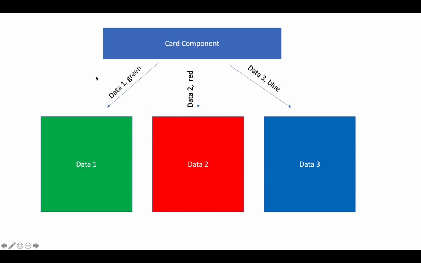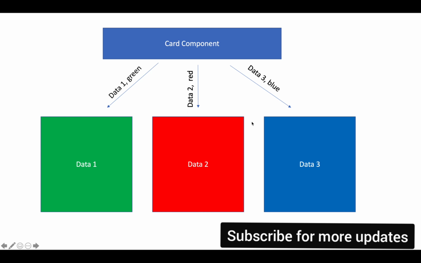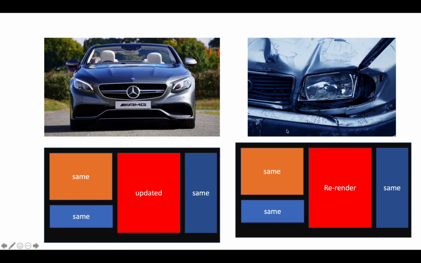No. You can create one component in React, that is, write code for one component, and just like how functions take arguments, a component can take arguments in form of props, which we will be looking at in the future. But basically, just like passing arguments, we are saying that we want to render data1 and the background should be green. Similarly, here the data should be data2 and color should be red, right? You are able to render different looking UI by just writing one component, and we will be doing this shortly in the coming videos.